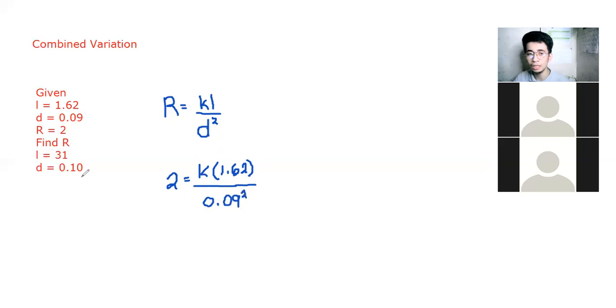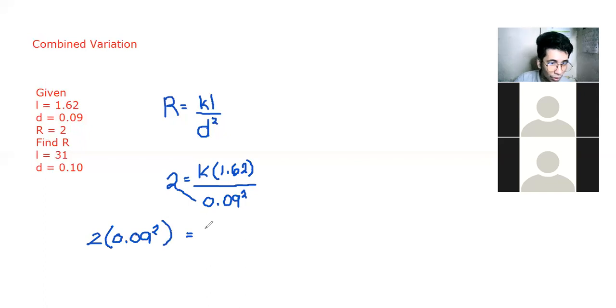Okay, simplify natin. So, multiply natin si 2 kay 0.09 squared. So, magkakaroon tayo ng 2 times 0.09 squared